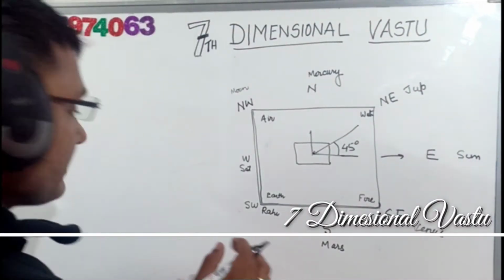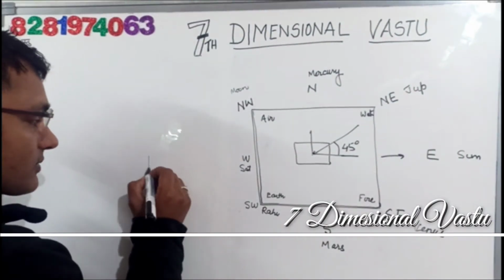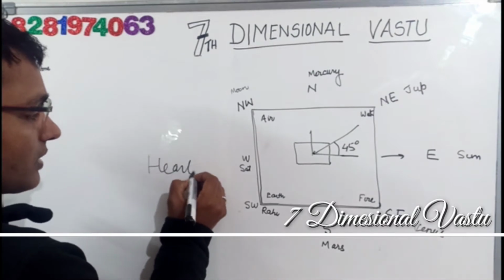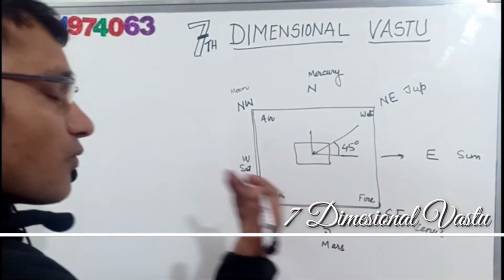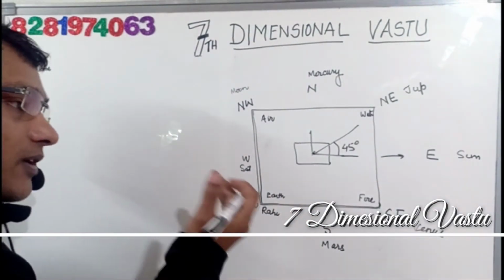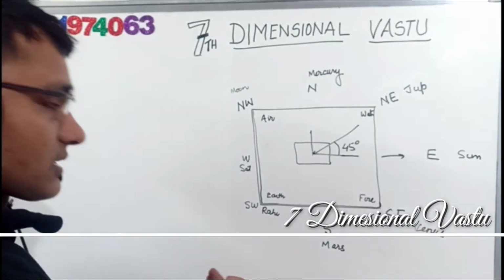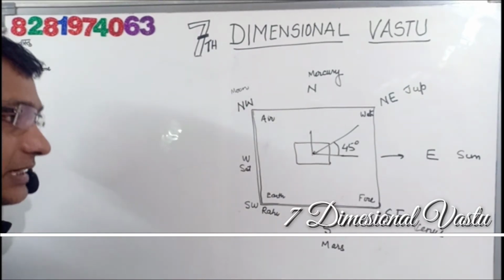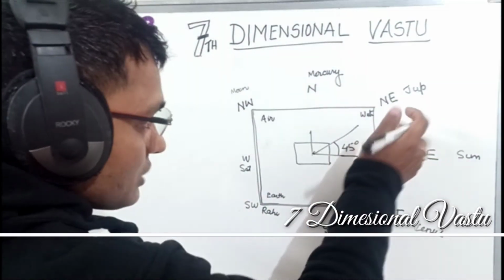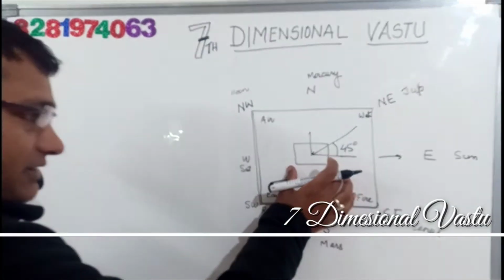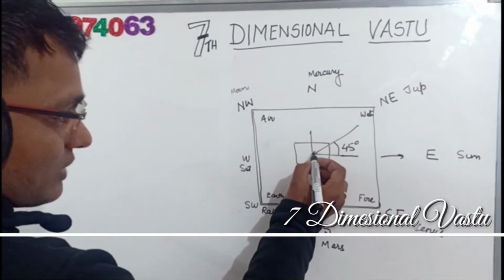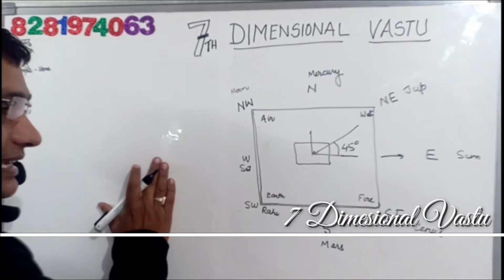It is actually the heart of your house. That's why for a person, if air is not going to the lungs, then he cannot take breathing properly. Same way, if air is not coming to the center space, this space will not be activated. So first of all, you will find out the center point, and I explained the center point.